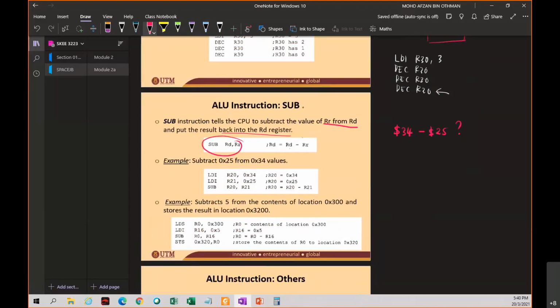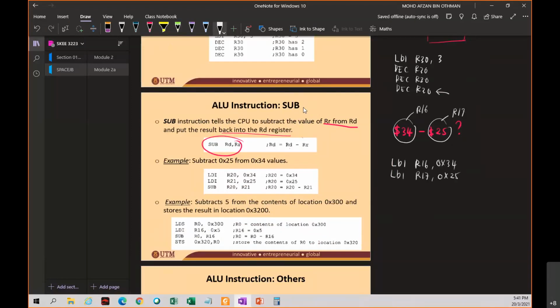How to do that? How are you going to do? Okay, first kita kena letak ni dulu. You're going to load this value to your register. So this is R16 and this is R17. And then from there you can use this instruction here as SUB RD, RR. So LDI R16 0x34, LDI